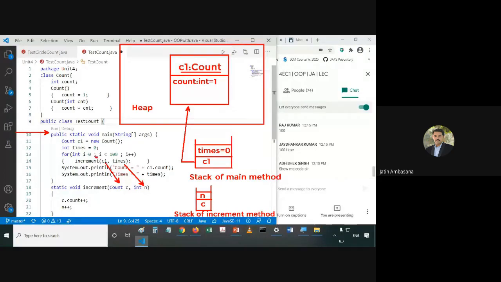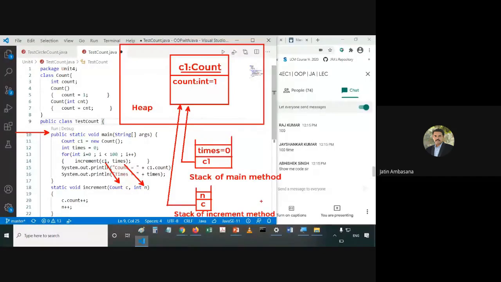As soon as we transfer this C1, which is an object of type Count, to this reference variable C, this C also starts pointing to the same Count object where C1 was pointing.